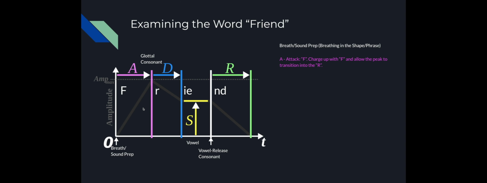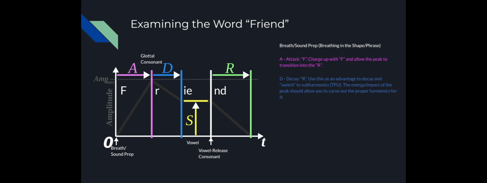Friend. You may have a choir director that wants you to emphasize a word, so it's not always friend, friend, but maybe you want to sing friend. And so that's where the advanced level comes in, right? Is understanding when and how much consonant to apply and how much vowel, the quality of vowel, and then the release.